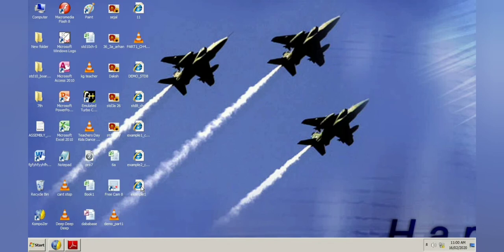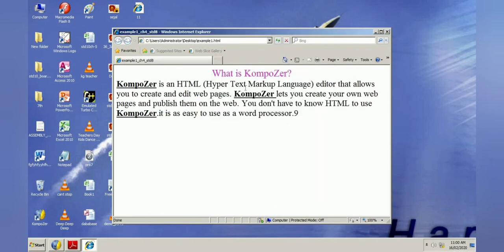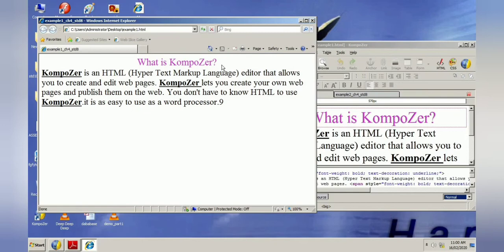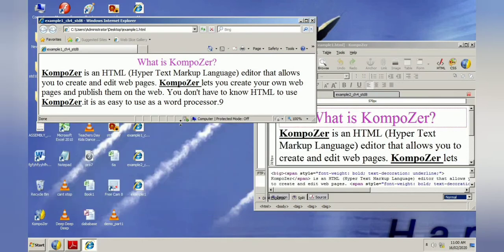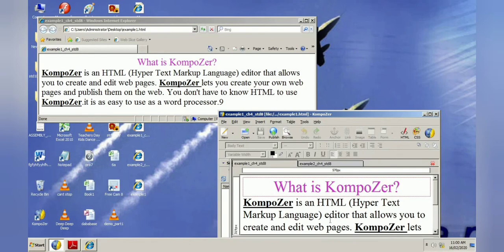To see the output in a browser, you have to double click on this file, and here you can see this is the output of our web page. As this is a what you see is what you get type of software, you can match your input and output both here. You just match these things, you can see whatever we have typed, the same way it is available on the web page.